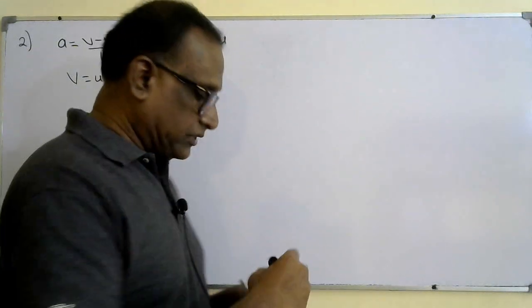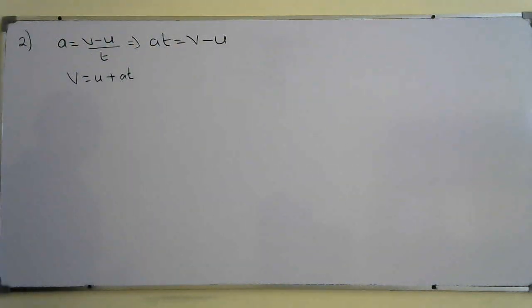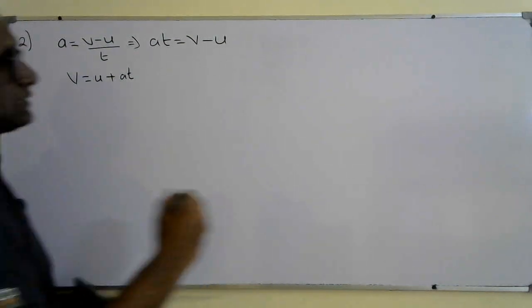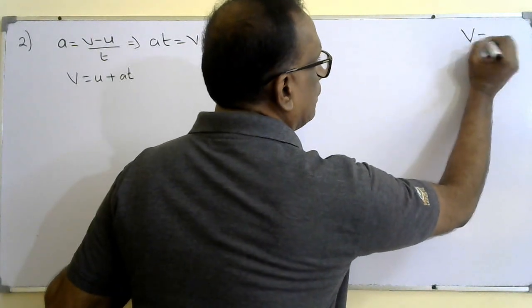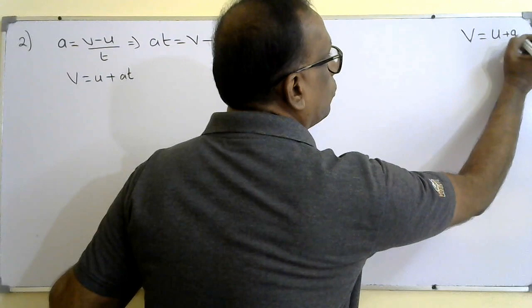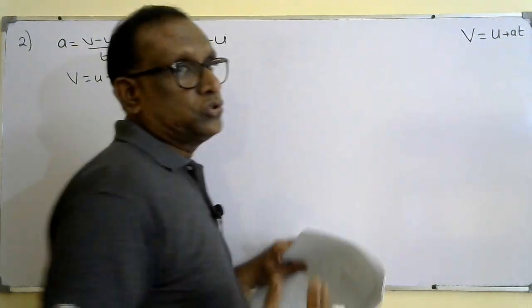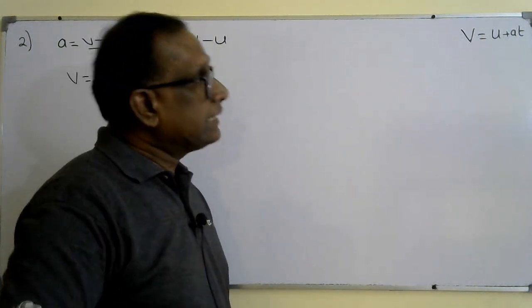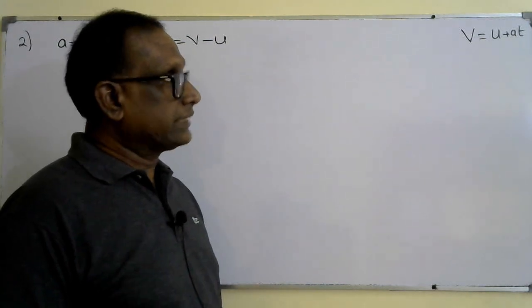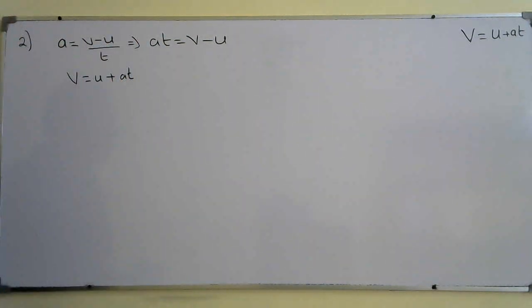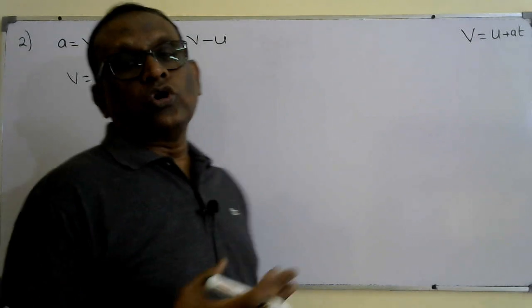So this is the first equation we are going to use in the equations of motion: v equals u plus at. You must know the meaning and how to use the equation, and you should be able to interpret it in terms of motion. I already told that these equations are valid only when the object moves